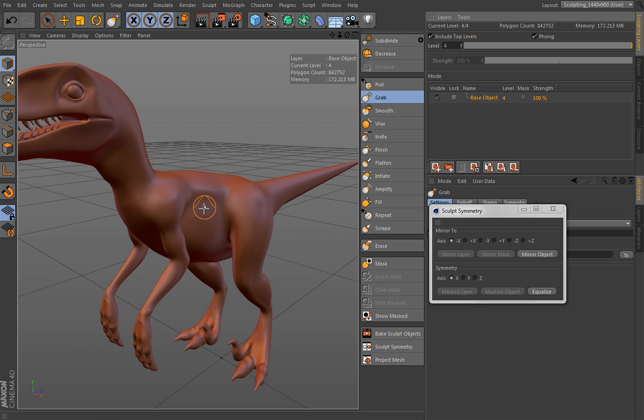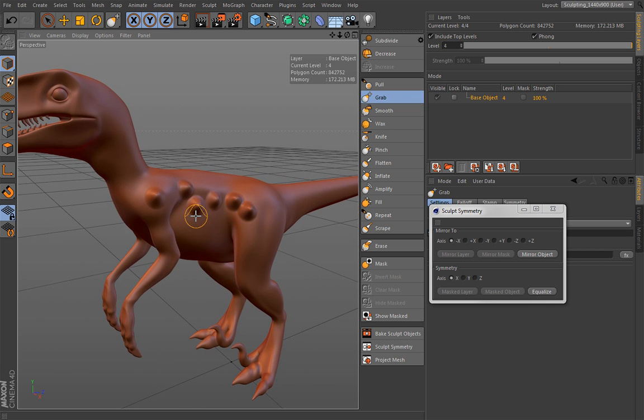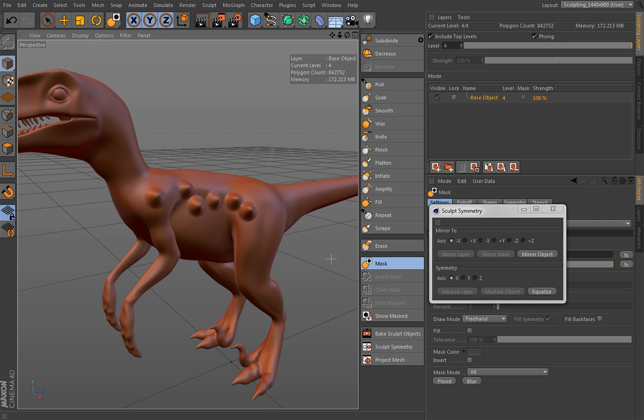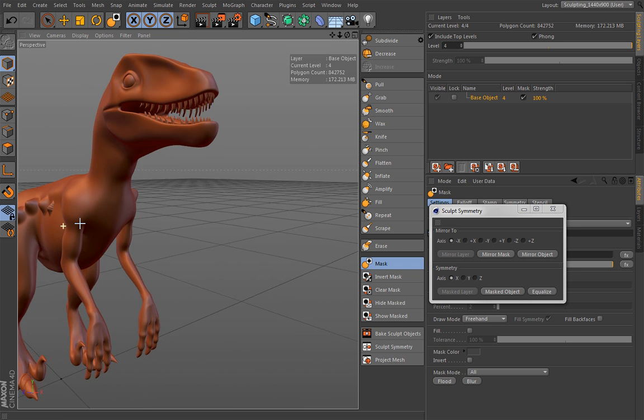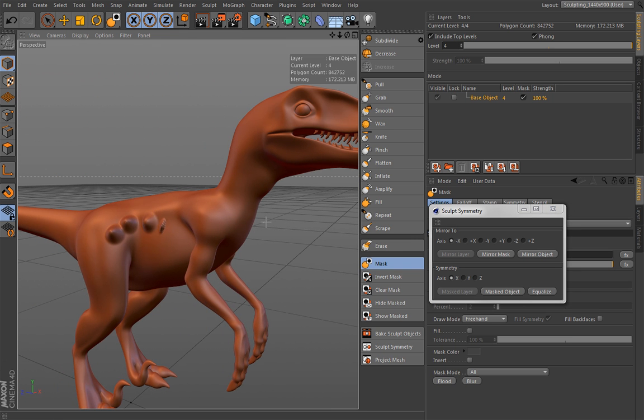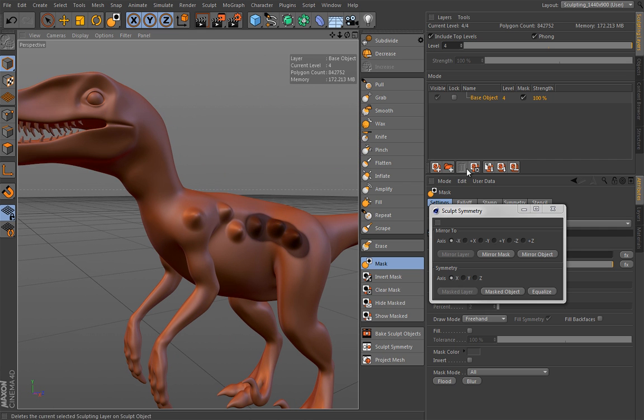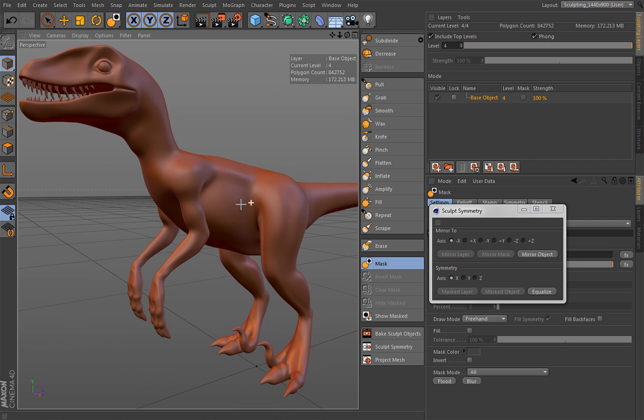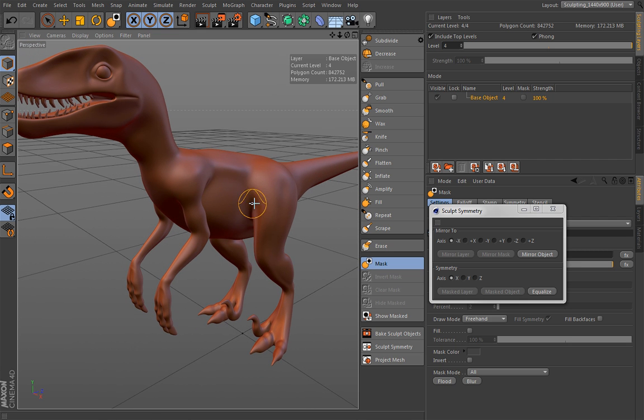Now often you will want to transfer just part of information, and we have a solution for that also. So if you create a mask, for example, let's say that I want to transfer just this, I can use this masked object option and I will transfer just the information inside the mask. Really cool addition. So let's clear the mask,